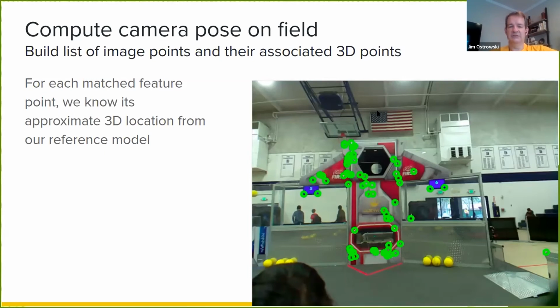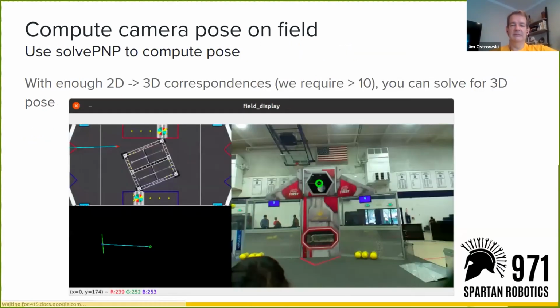So it's all the features from our current image. We now know their approximate 3D location based on that reference model. And we're going to use that to compute the pose. And fortunately, again, OpenCV to the rescue, there's a routine called solvePnP that does just that. So it takes 2D and 3D correspondences. It takes image points in 2D, it takes the camera calibration information and the 3D locations associated with that image point,